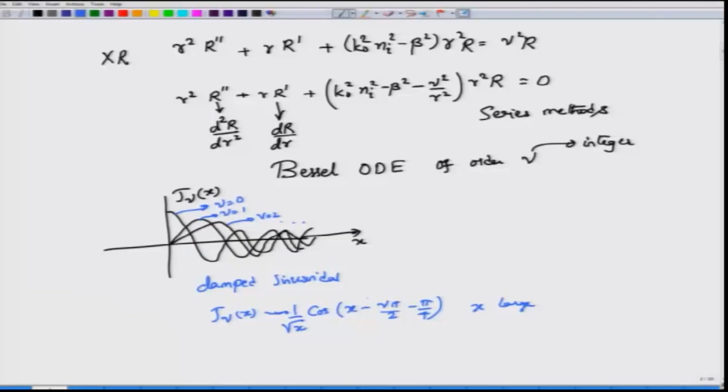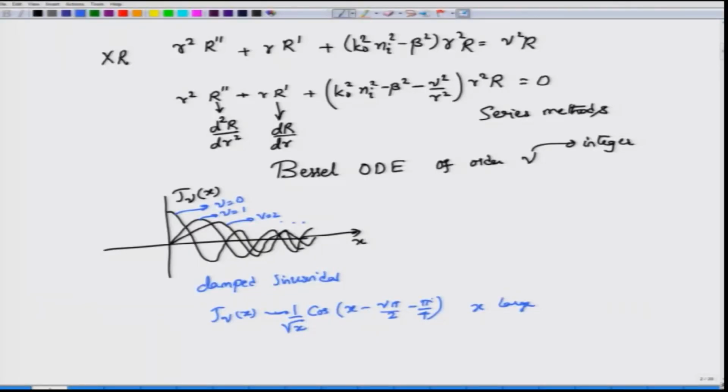In the slab waveguide also you had these standing waves, because these waves were actually getting reflected and therefore creating an interference pattern inside the waveguide. But the interference pattern created in the fiber is slightly more complex than the simple slab waveguide that we have discussed. The standing waves are not in the form of cosine or sine waves, they are in the form of Bessel functions, which look like damped sinusoids, right.